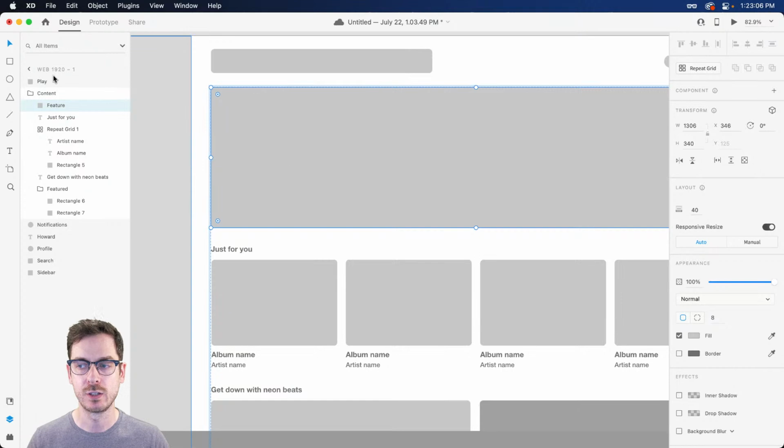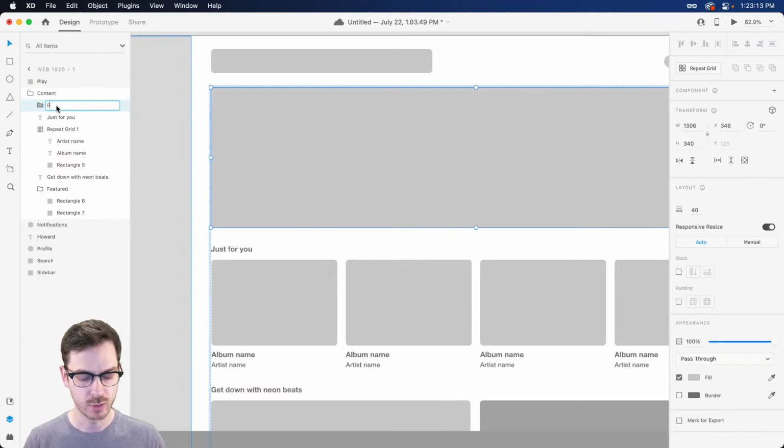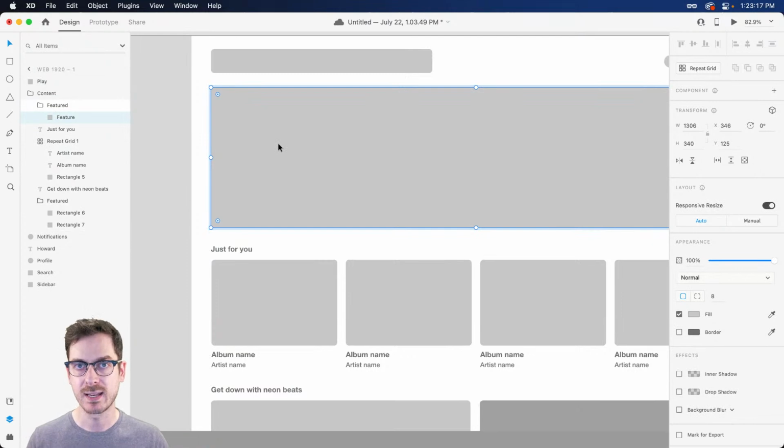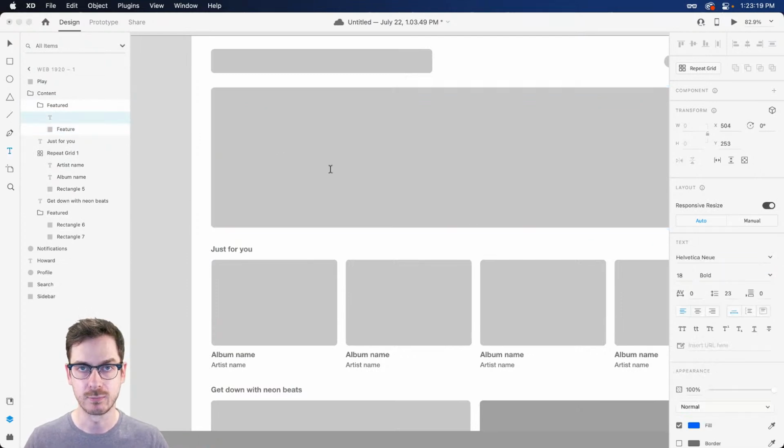So in that case, what we'll want to do is place this featured rectangle into a group, Command and Control G. I'll call this featured. And then inside of the group, we can now create additional objects like text, right? So when you have a bunch of objects in a group, the stack looks at that as a single object. So it's not going to start moving things around. So definitely keep that in mind, right?